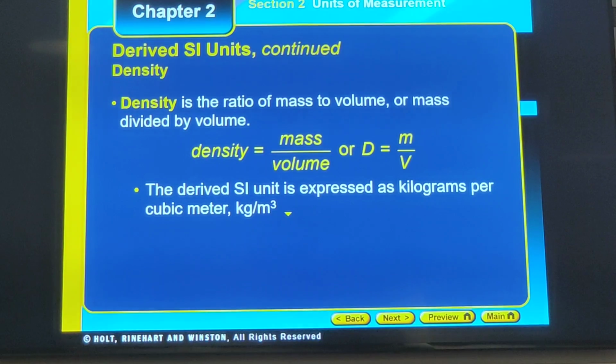Now, the part that's maybe a little hard to understand when you're converting units from one to another is to see how that 1 cubic,